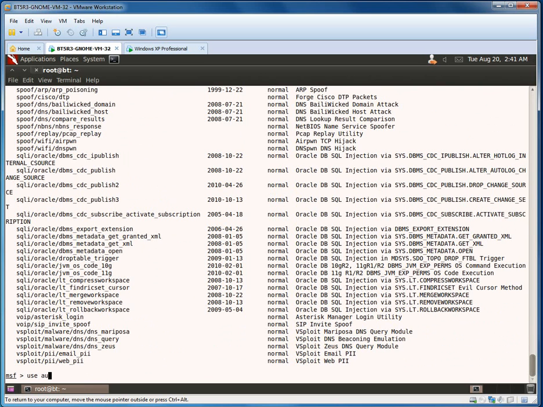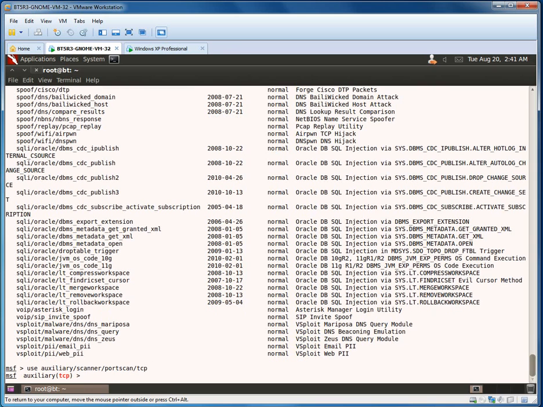Use auxiliary scanner port scan, and we are going to scan TCP ports. So TCP. Now go for show options,